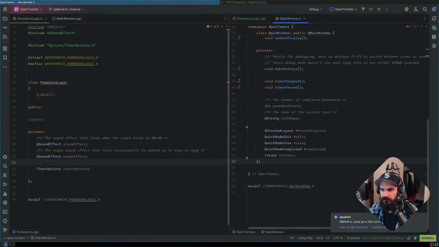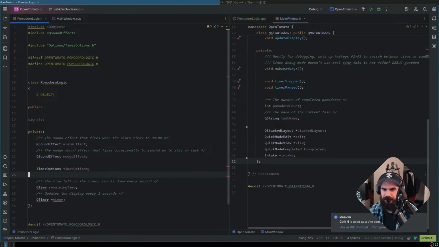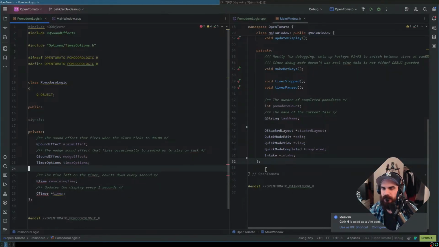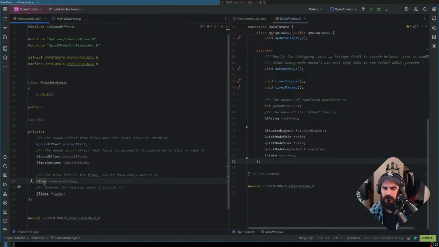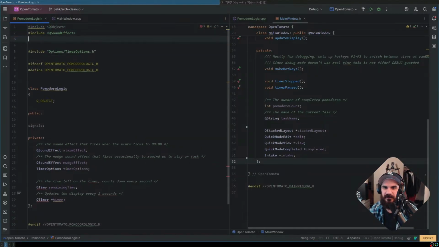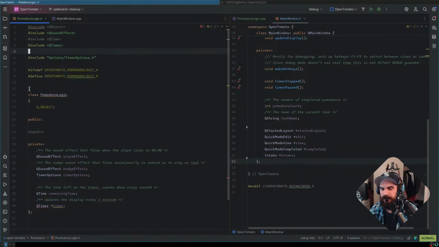Actually, all of this is going to come over here. So we need to include QTime. It picks the most random thing to include though. And also a timer. No, that's there, buddy. Yeah, there you go.